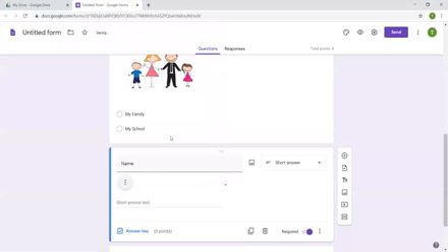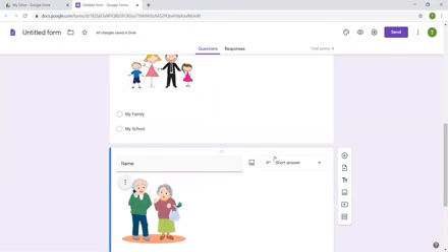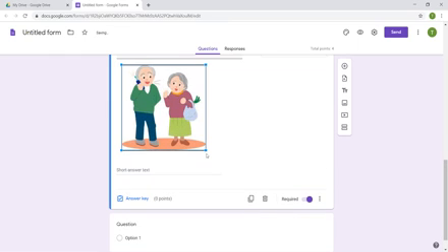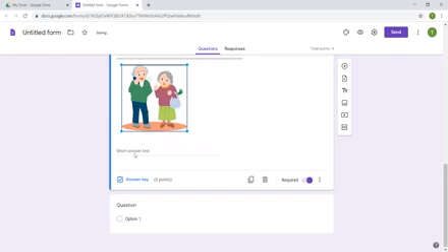The image has come here. And now if you want to make the size of the image small or big, you can make it. As in the other form, I had made the fixed size. You can enlarge this, and you can also minimize the size, and then the child can write the answer here.